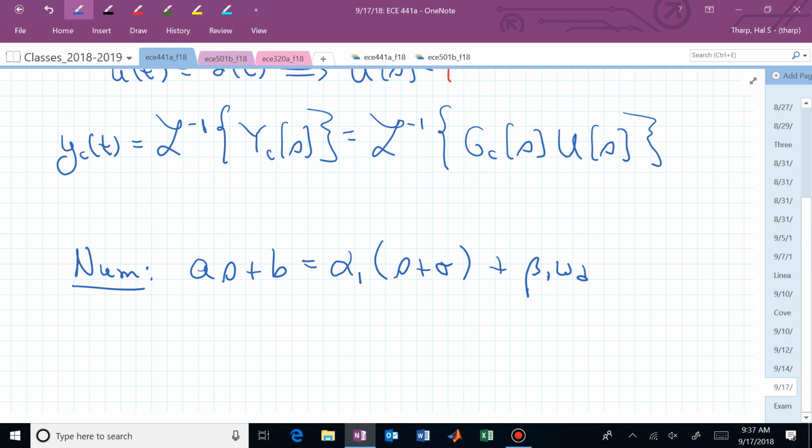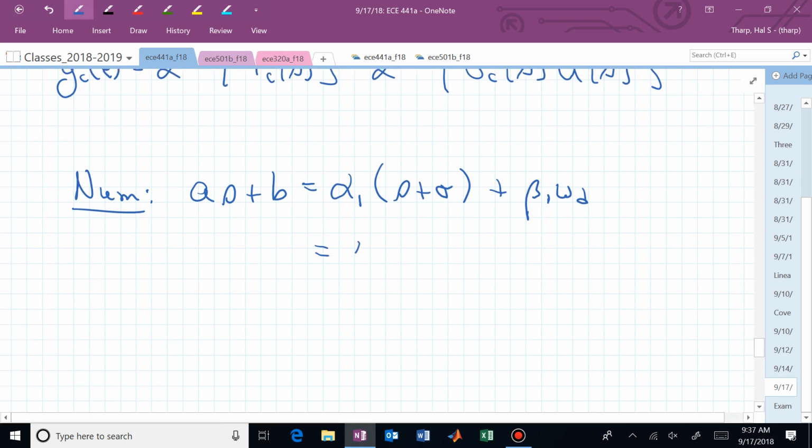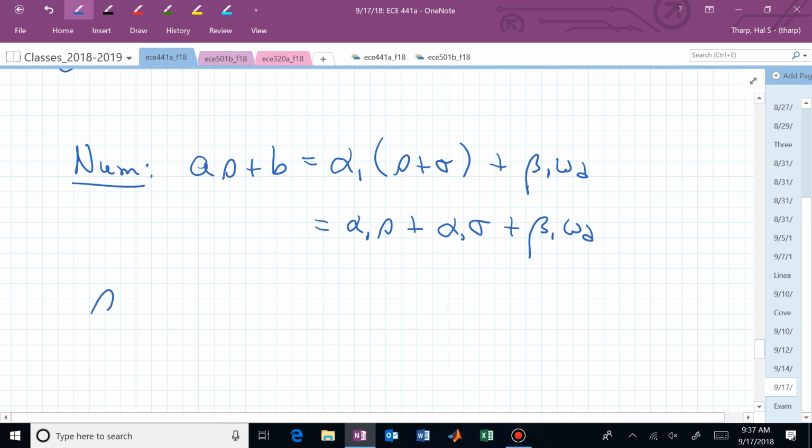We can make that right-hand side look like the left-hand side by the appropriate choice of alpha 1 and beta 1. And that will now tell us how much of the cosine we have and how much of the sine we have. So we have those two contributing to this new zero location, as plus b. We now have alpha 1 s plus alpha 1 sigma plus beta 1 omega sub d. We can solve for alphas and betas by comparing coefficients. If we look at the s coefficients, on the left-hand side we have a, and on the right-hand side,